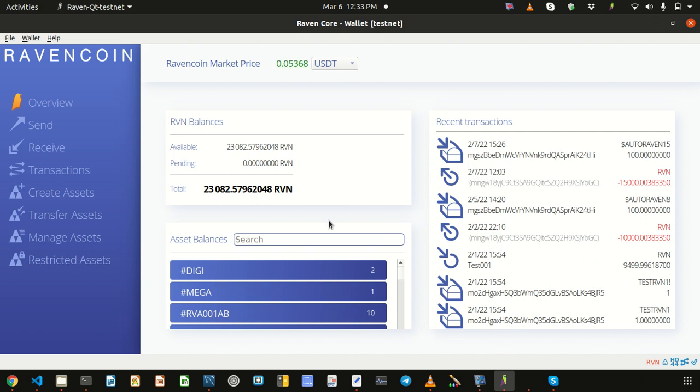I have a very detailed how-to video with step-by-step instructions on how to set up a Ravencoin wallet on your computer. The link is in the description of this video. You can check out that video if you are new to Ravencoin. So the first thing is that you must set up the wallet, and then you must have some sufficient Ravens